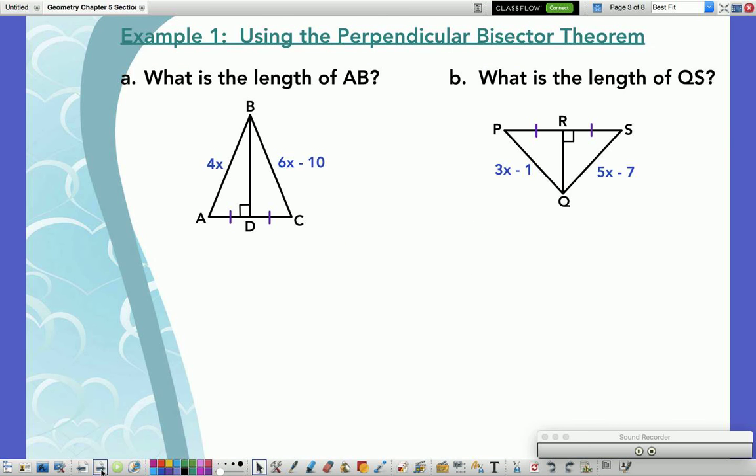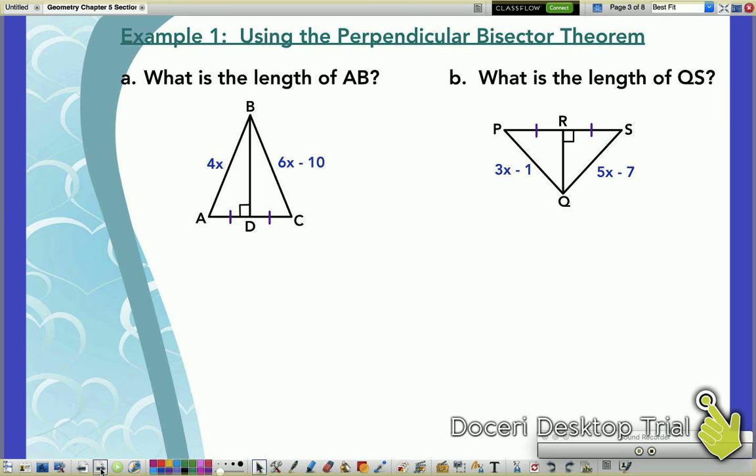Okay, so using the perpendicular bisector, what is the length of AB? Notice that they're not asking me what x is. They're asking me for the length of AB. But in order to do that, I need to find x. So this is a perpendicular bisector because I have my right angle. That means that those sides are also congruent to each other. So we will set